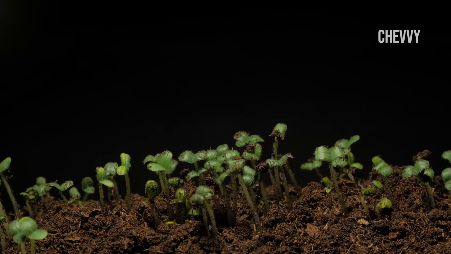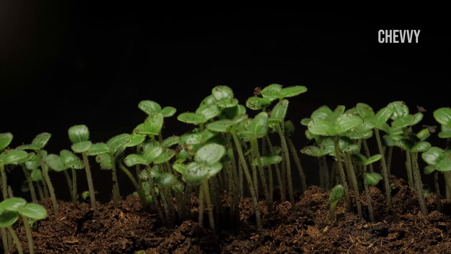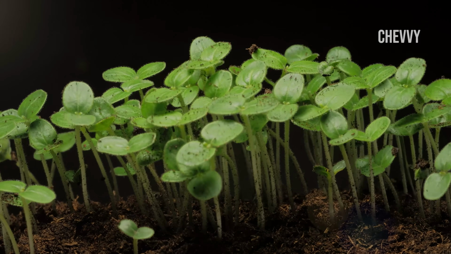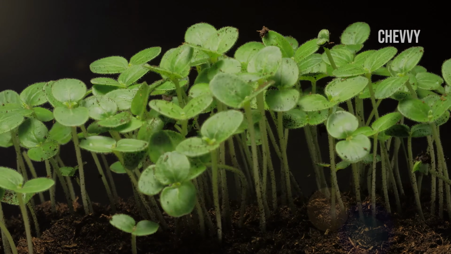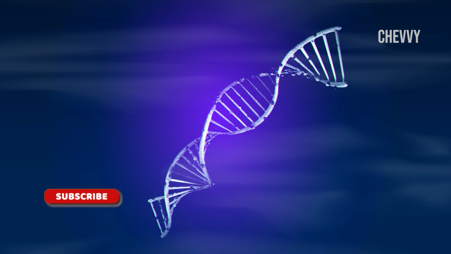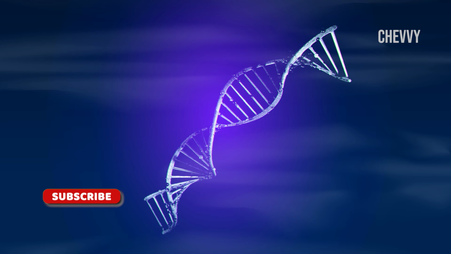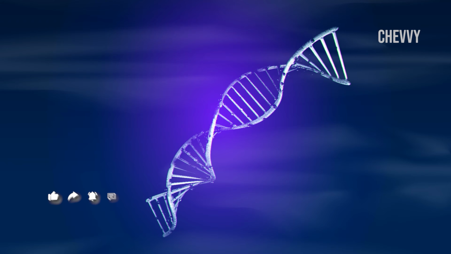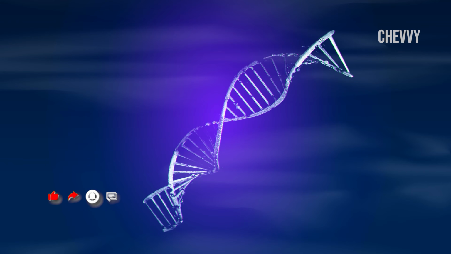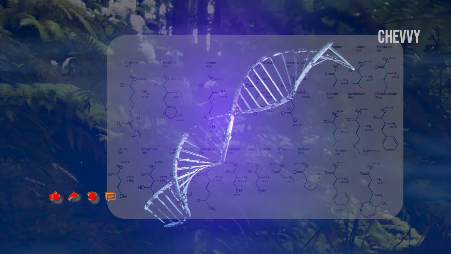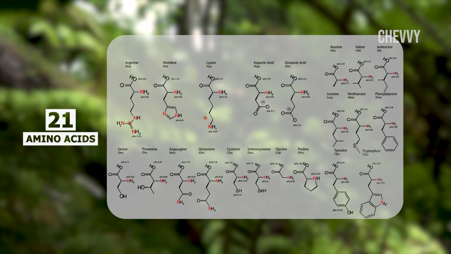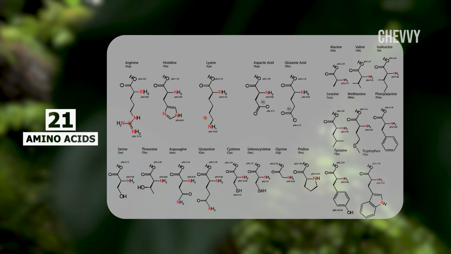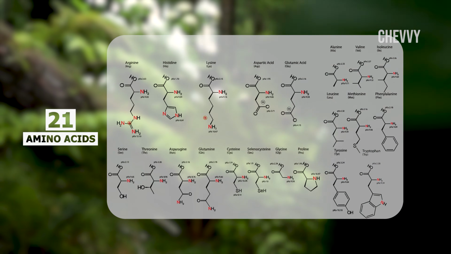However, we need to know how much nitrogen is required for plant development, since excessive nitrogen fertilizers may pollute water bodies and deplete aquatic life. Nitrogen is an essential component of the nucleic acids, DNA and RNA, which are the most significant biological molecules and are required by all living beings. Plants cannot create amino acids if they do not receive adequate nitrogen. These amino acids are used to create unique proteins.